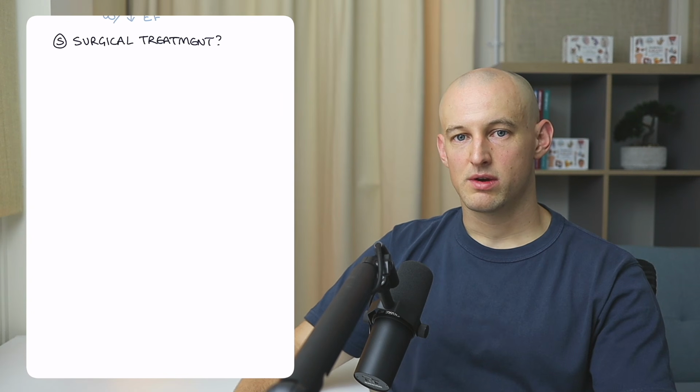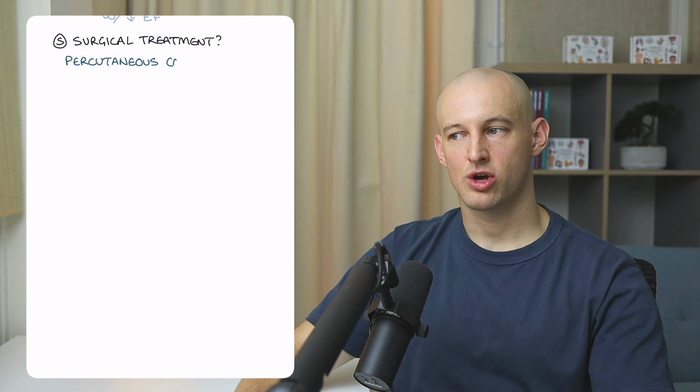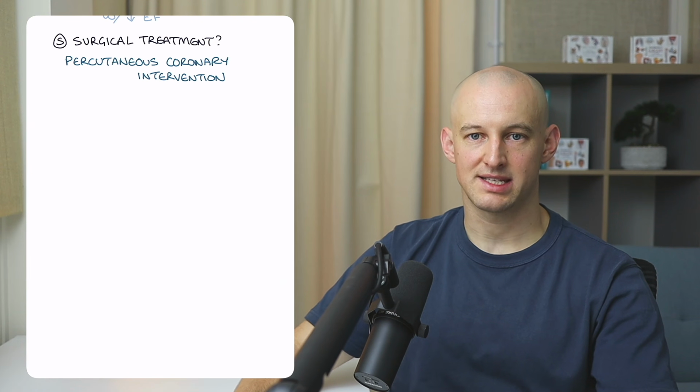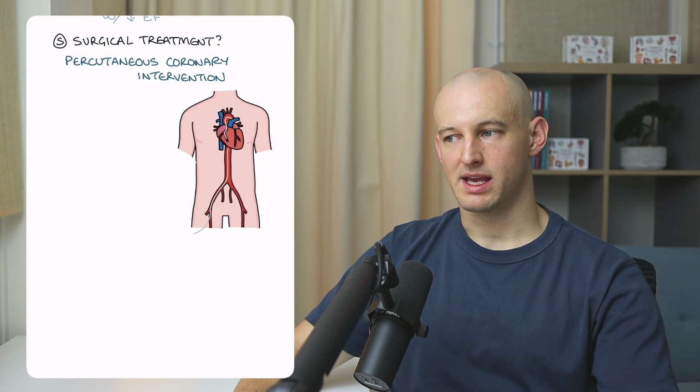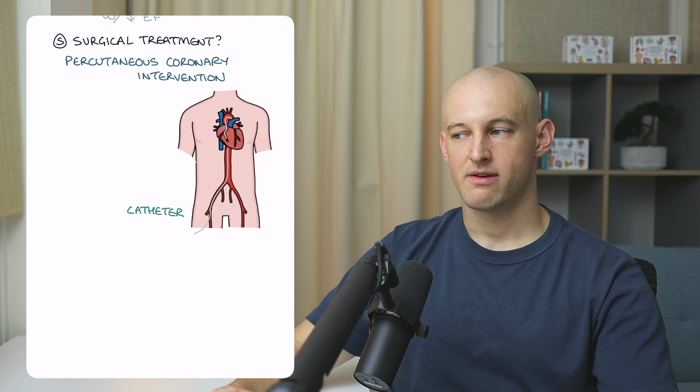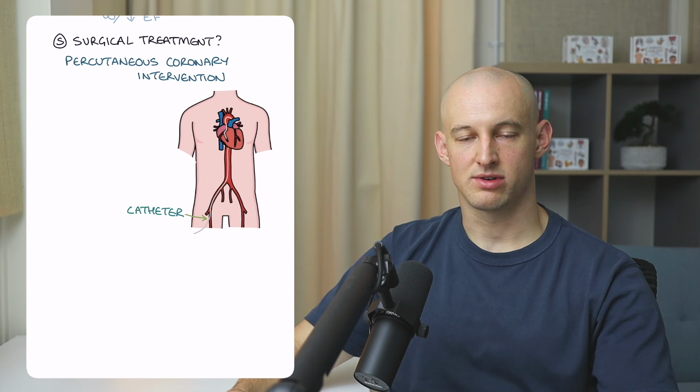So there are two procedural and surgical options. The first is percutaneous coronary intervention, or PCI. What this involves is inserting a catheter via the femoral artery in the groin or the brachial artery in the wrist,